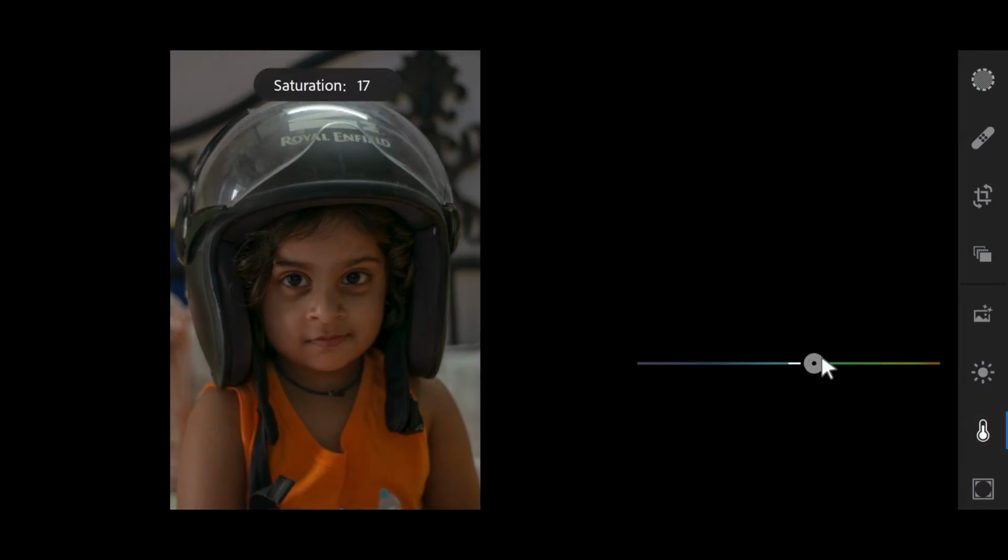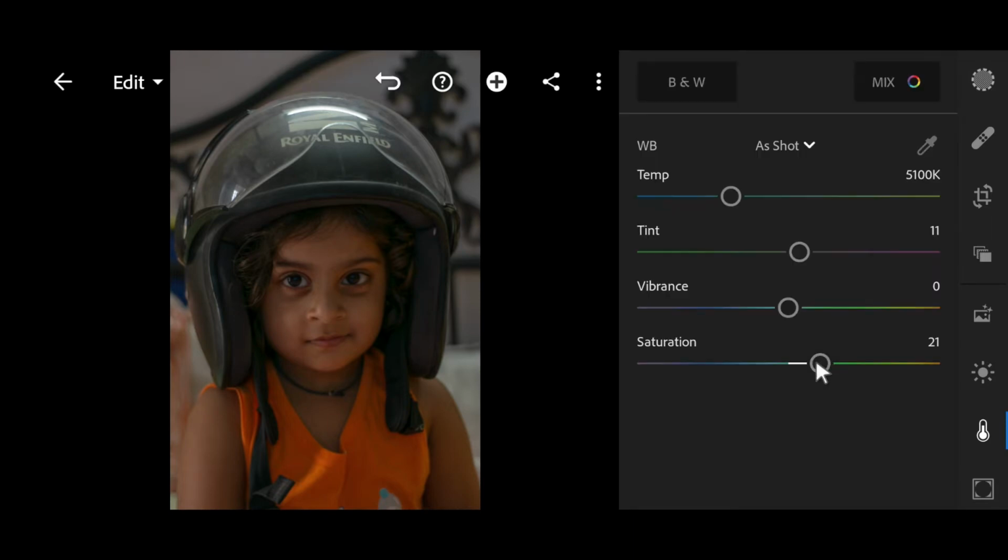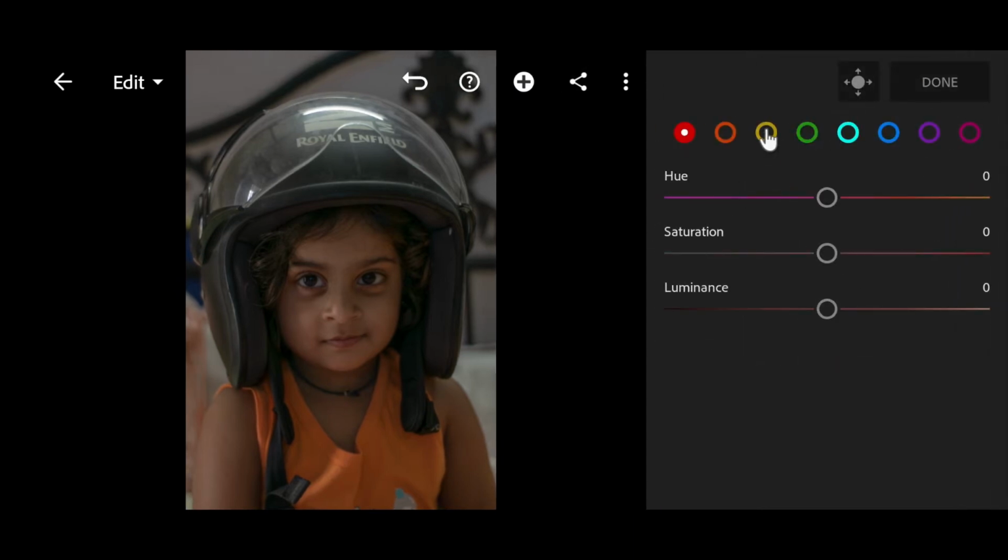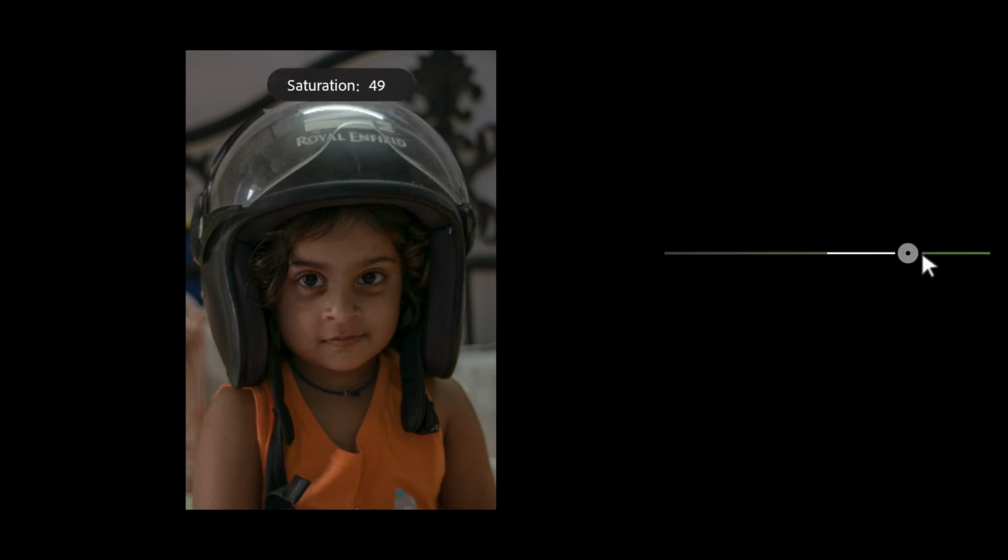I'll increase the saturation, but not from here. I'll go here. Now look at this. It is not making much of a difference, but if you just take a closer look, let me show you.